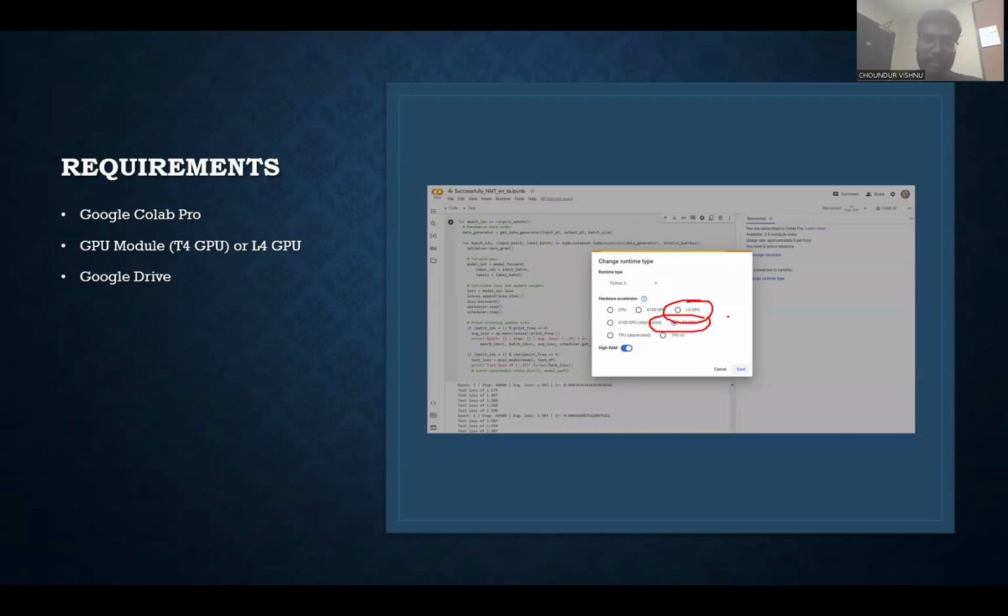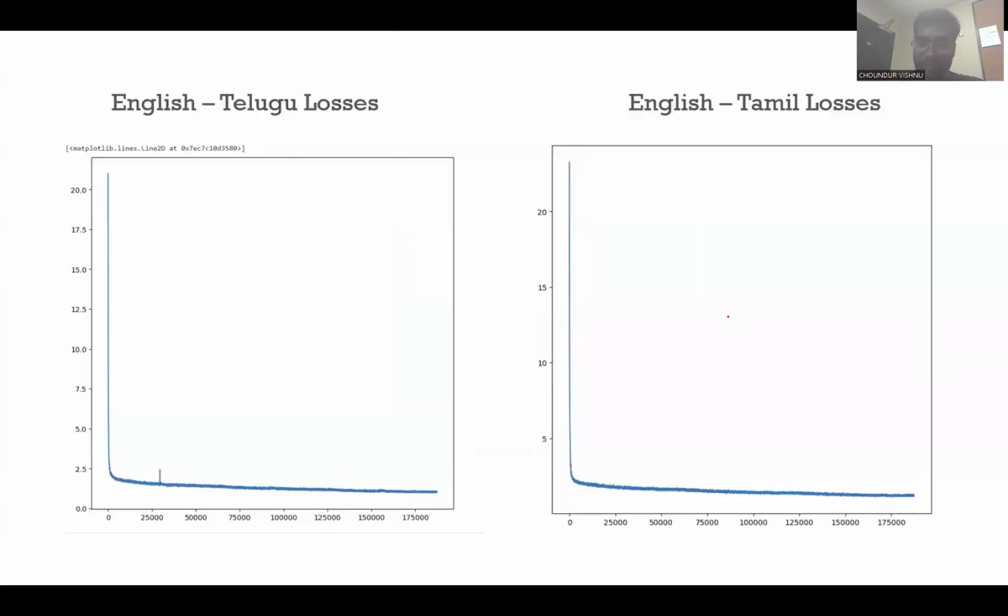And for the data set, I can't connect my original PC with this Google Colab RAM. So I have used a Google Drive and have loaded my data set in the Google Drive, and I have connected the Google Drive to the Colab so that I can import the data from the Colab.